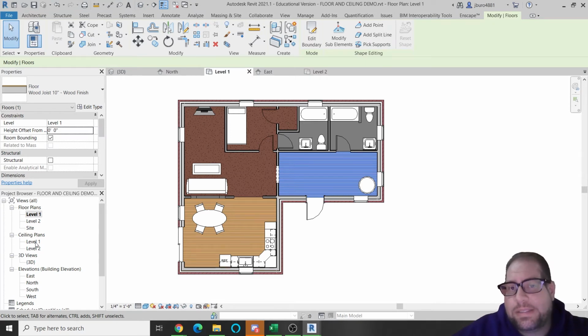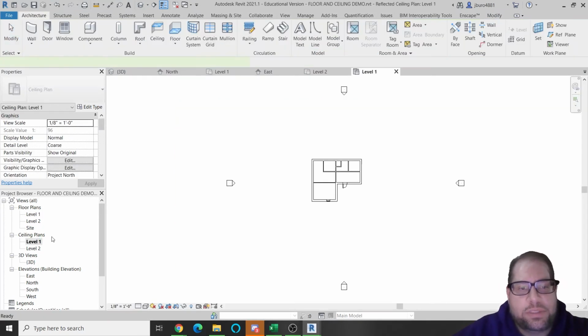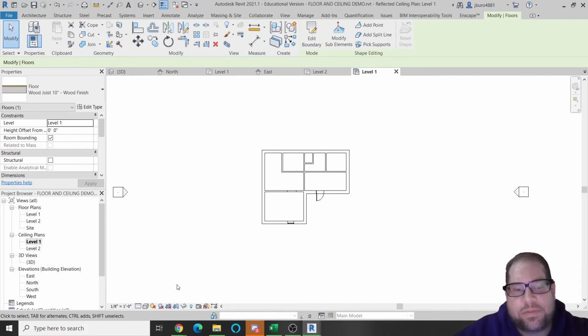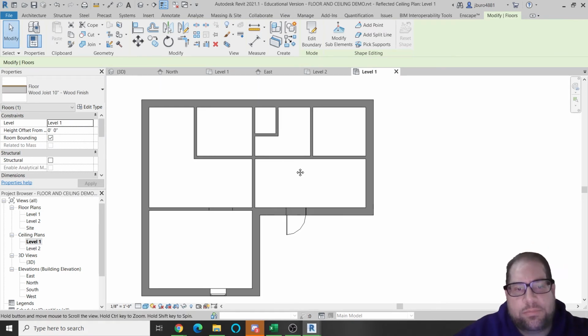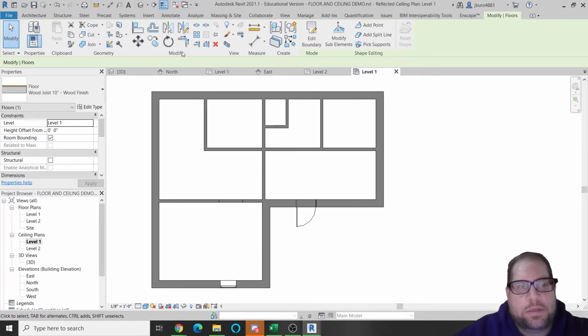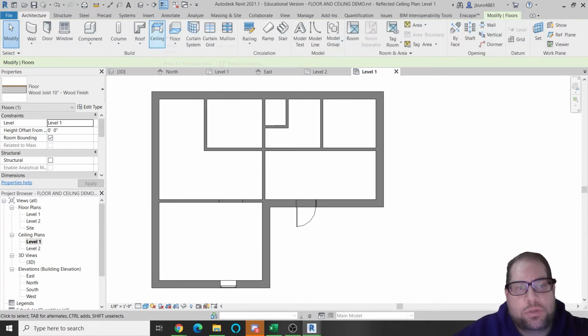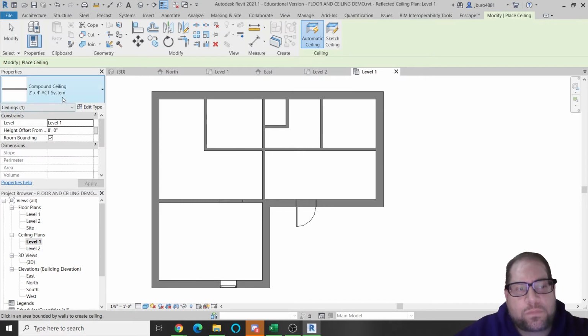There is a dedicated ceiling plan inside the project browser. Please make sure you're looking at it. It's going to make a big difference for what you do. This is always going to be much simpler. And I want you to also notice that when you choose to make a ceiling, you have very few